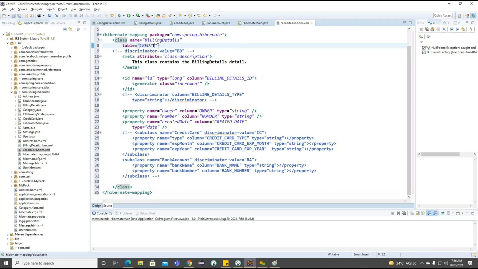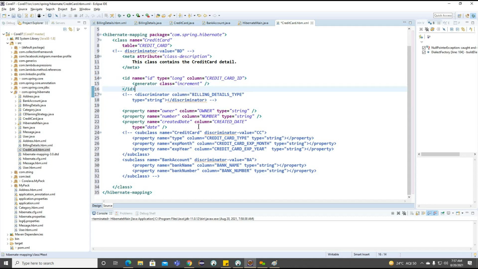And now the credit card class. Okay, and we have an ID, and we are going to make it a long, and this ID is indicating the credit card ID. Okay, now observe.